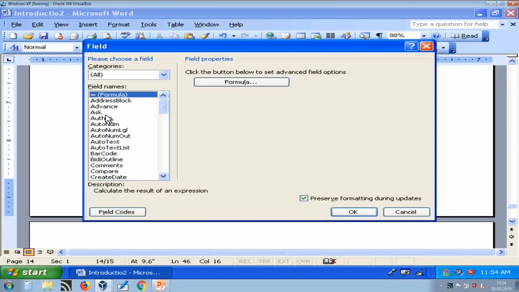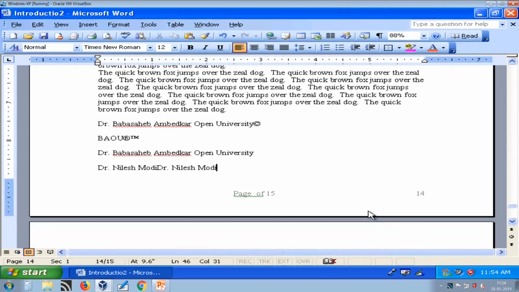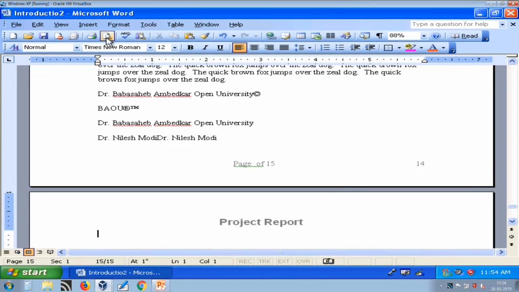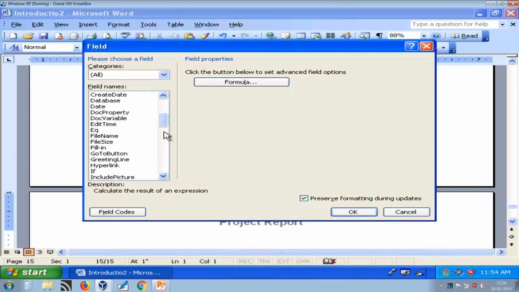Whenever I select author, it is replaced with that word. So this is how you can use a field. There are many fields available that you can explore yourself.